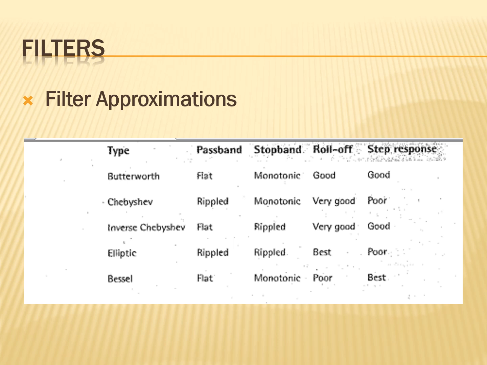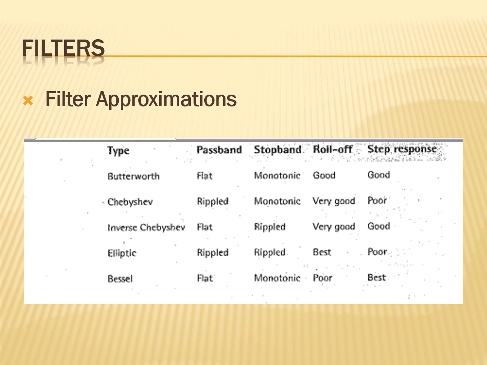So we have here the summary, okay? So when it comes to the pass band, what's the ideal? Ideal is a flat pass band, flat stop band, and vertical roll-off. So we just have to compare with the ideal value. Okay, so the best step response, however, is your Bessel approximation.